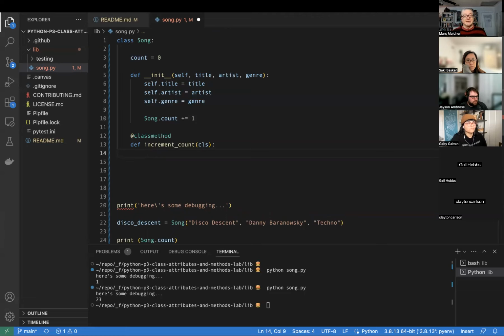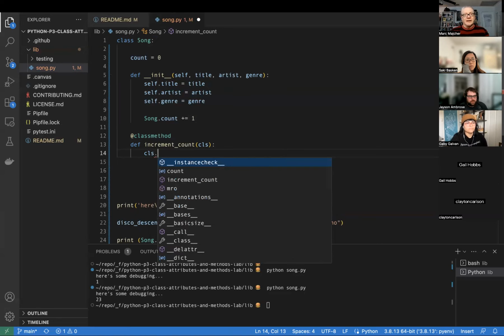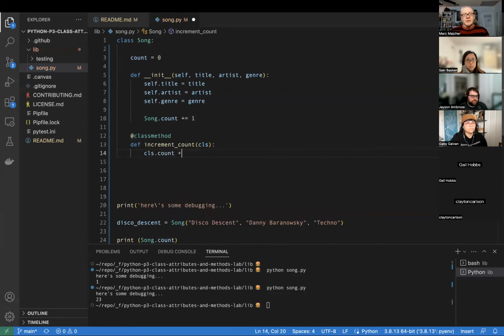not self, it is the class. And I don't use the word class because that is a reserved word in Python. But now we can say CLS, and that is referring to the class song. And we can just say, hey, count plus equals 1. And then we would call it here. And since this is a class method,